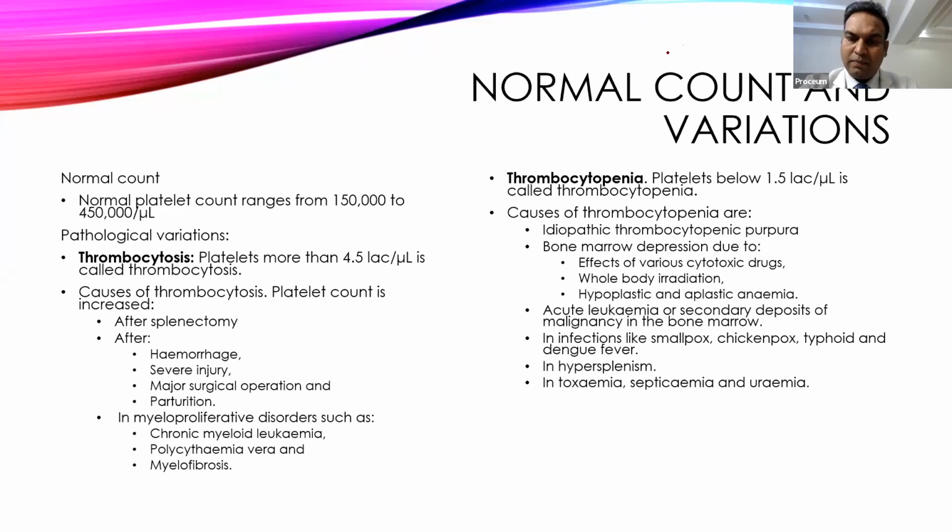Yes Smita, speak. Sir, I didn't understand the meaning of idiopathic thrombocytopenic purpura. Can you please explain? Yeah, yeah. Idiopathic means the cause we don't know. Pathy is a disease. So when we don't know the cause, we call it an idiopathic condition. Thrombocytopenia means decrease in platelet count, and purpura is the name of the condition, as I already explained.